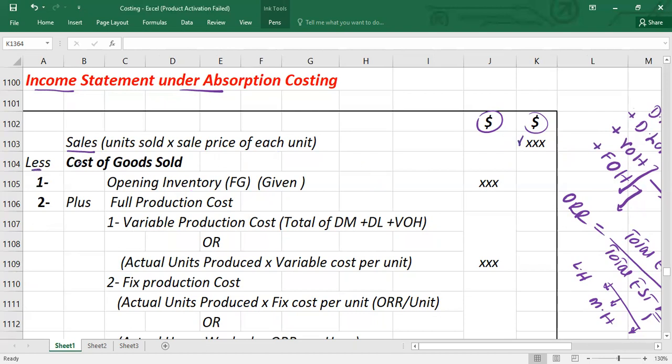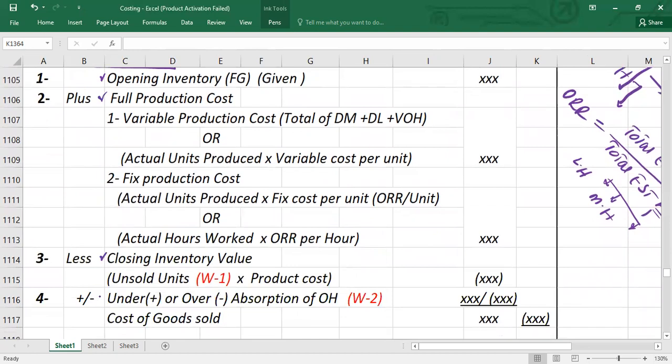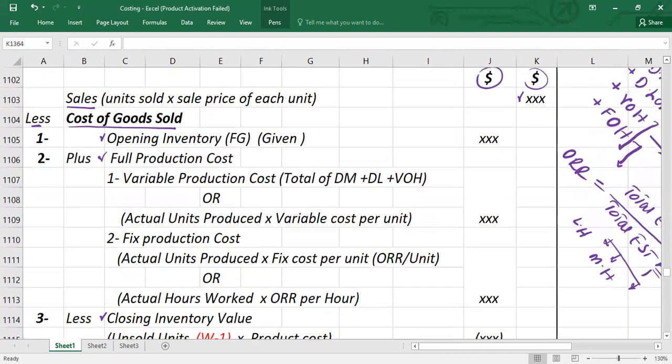From there, you have to subtract the cost of goods sold. Under absorption costing, cost of goods sold will include four components. The first component is opening inventory, the second component is production cost, the third component is closing inventory, and the fourth component is the under and over absorption of overhead. So let's have a look guys at how we will calculate. It's just a format. After the format discussion, I will of course practice one long question with you to make it